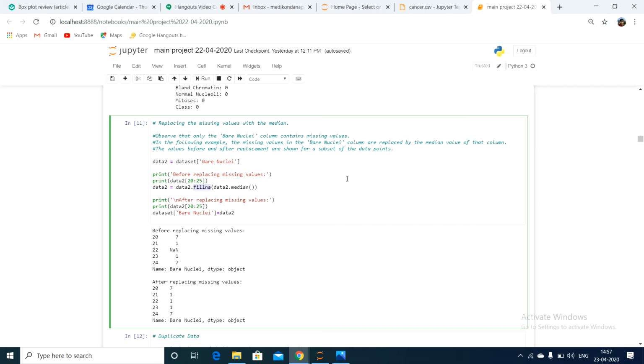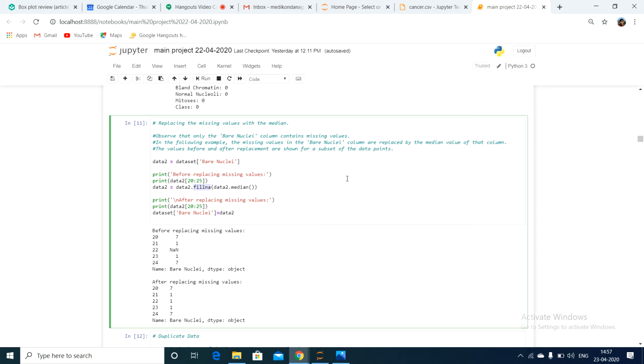Mean means the average, sum divided by n. Median means exactly the middle value. Mode means if one value is repeated the highest number of times, say 10 times, then we take that value as the mode and replace with that mode. We can replace with the mode, the mean, the median, the maximum value, or the minimum value.